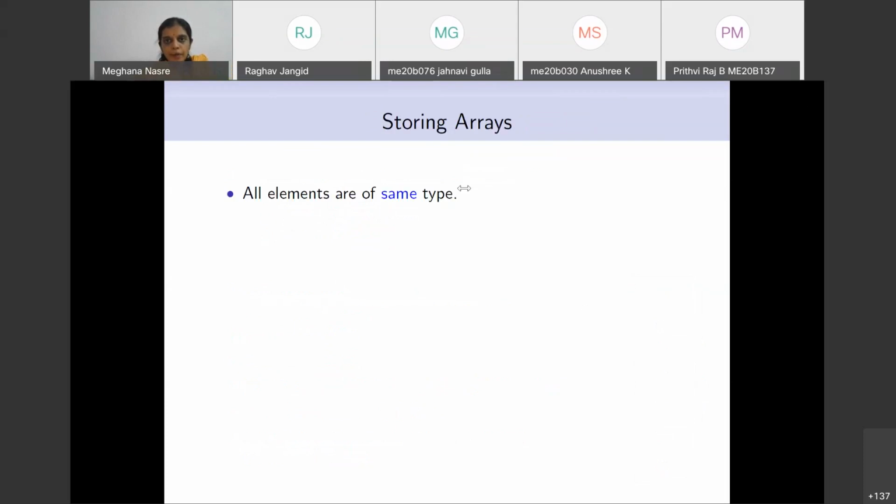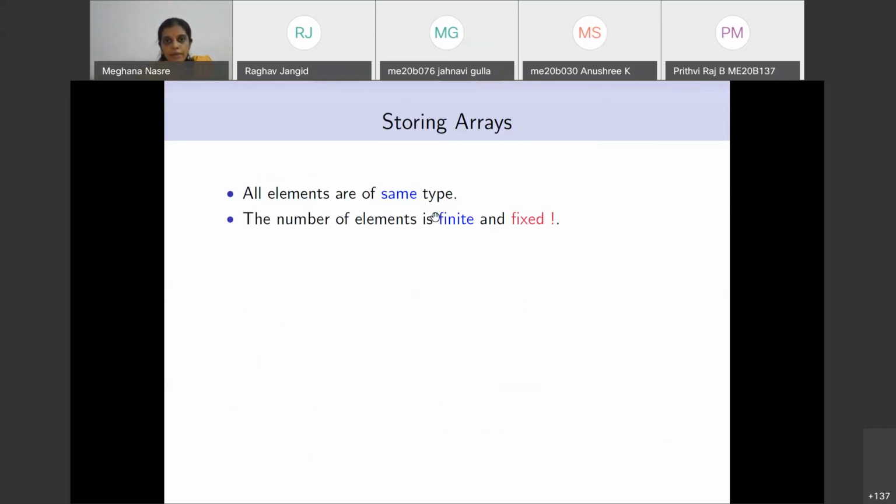Okay. So the important things to note about an array are that all the elements of the array are of the same type. So you cannot have an array which has few characters, few integers and so on. That is not allowed. If you need to have something like that, we will come to it. Of course, we have to define a structure and then an array of structures, but you cannot have a certain number of things of the integer type and the remaining of the character or float type and so on. So you have to have all the elements of the same type.